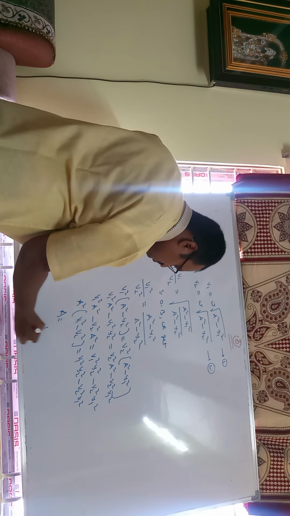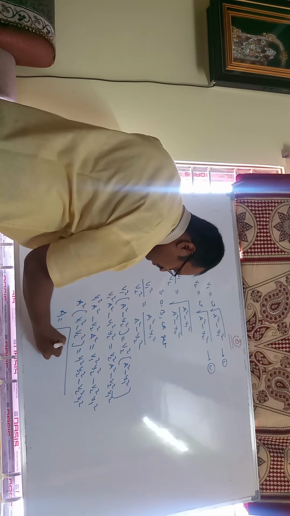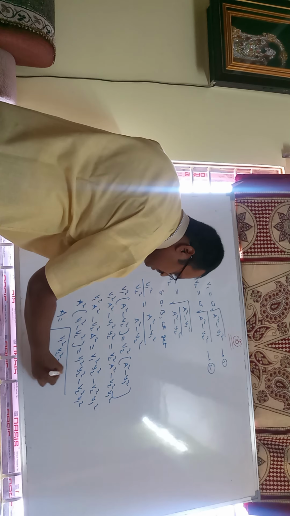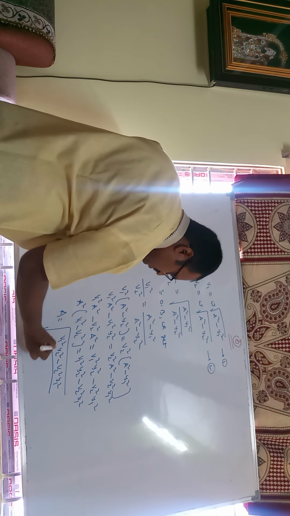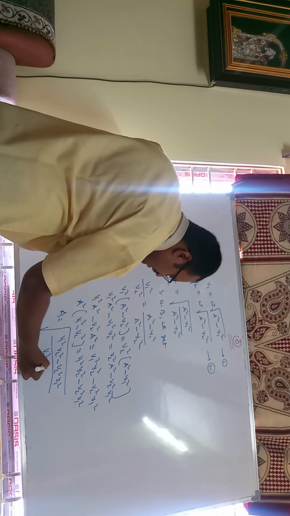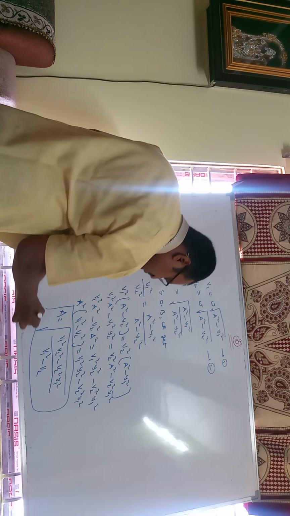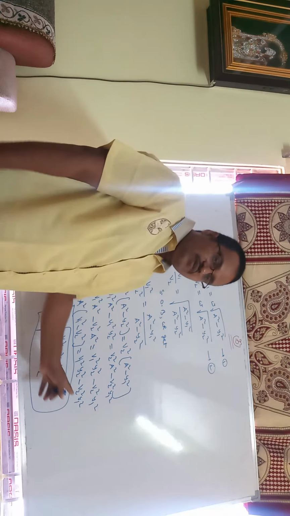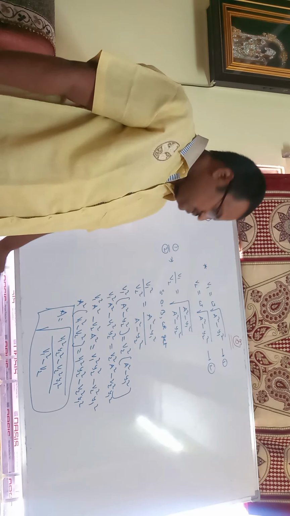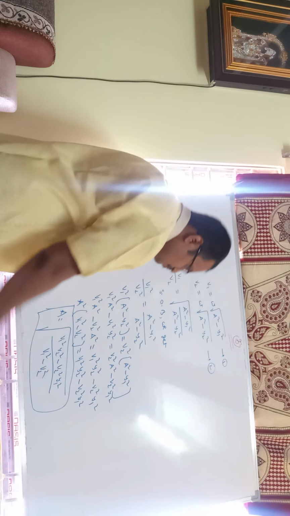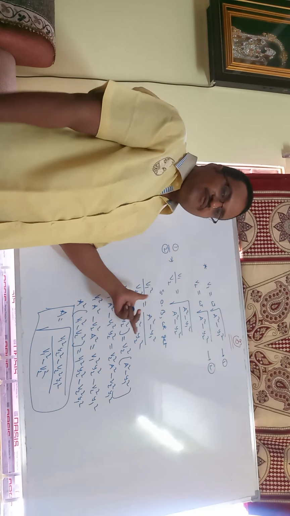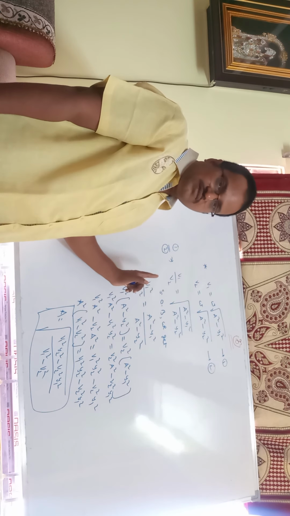Now a equal to root over v1 square into y2 square minus v2 square into y1 square divided by v1 square minus v2 square. This is the formula for amplitude if they are given two different velocities and two displacements. This is also a very important formula for us. Okay na?